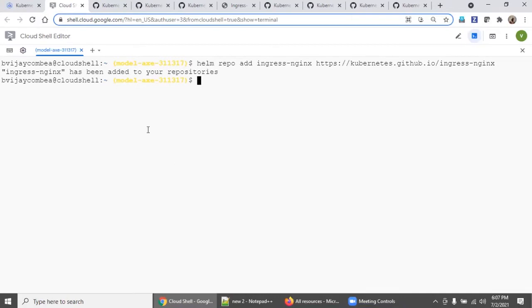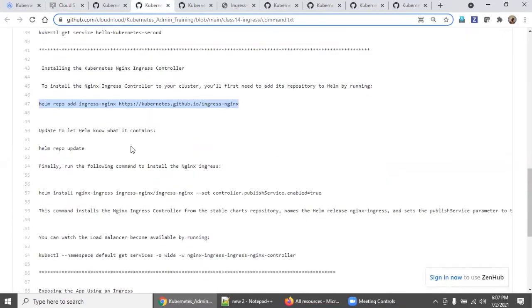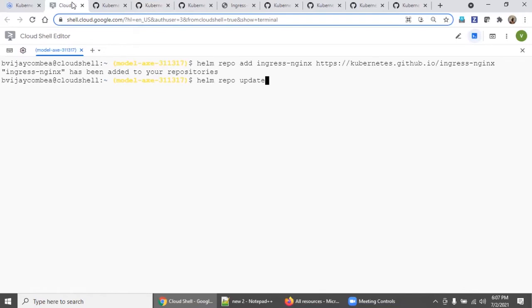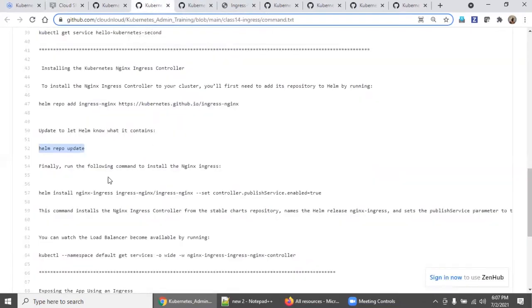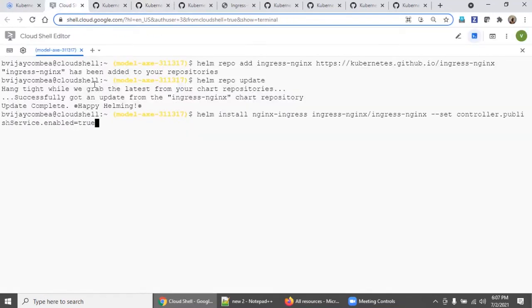Enter. So ingress-nginx has been added to the repository, and then we are going to update the repo, which is always advisable. Yes, updated. Now we are going to install it, and also we are going to set the controller to be enabled. So we are installing it. Wait for a few seconds.